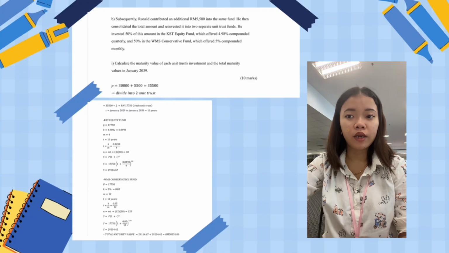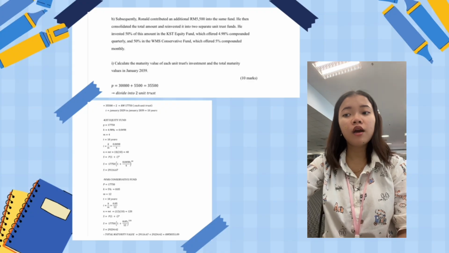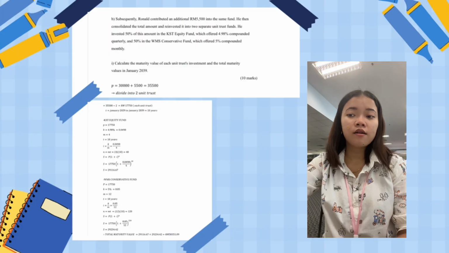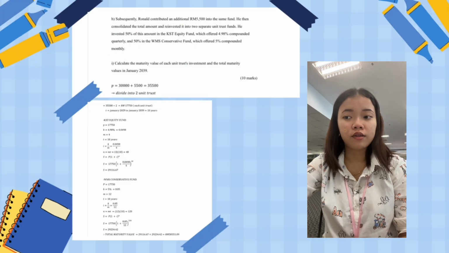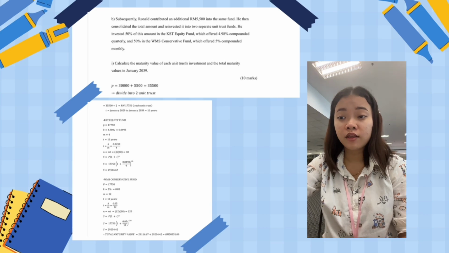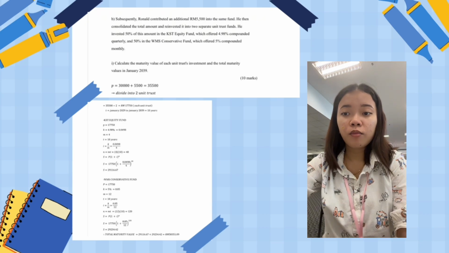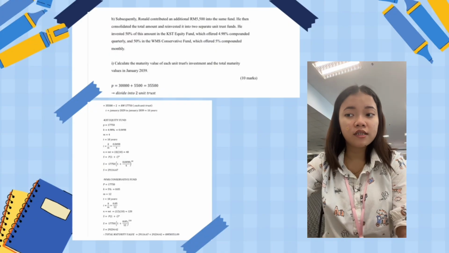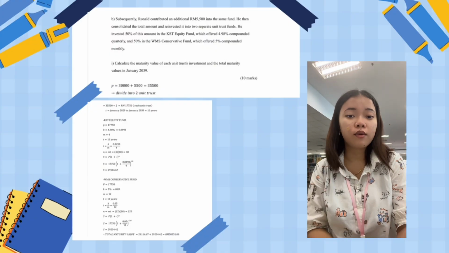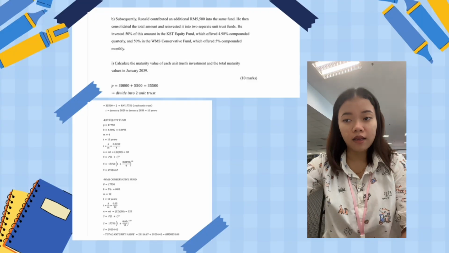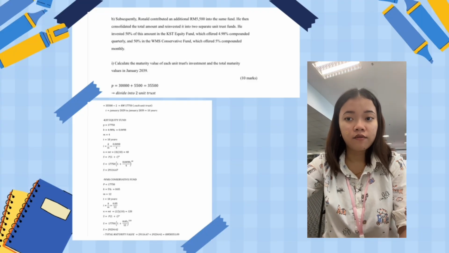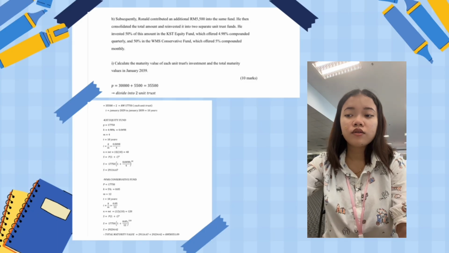He split this amount equally into 2 unit trust funds. For the KST equity fund, there is 4.98% interest compounded quarterly, while for the WMS conservative fund, there is 5% interest compounded monthly. The investment period is 10 years, from January 2029 until January 2039. First, split the total investment amount, 35,500 ringgit divided by 2. So each fund is going to have